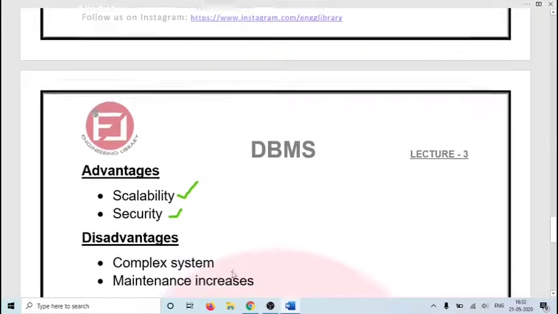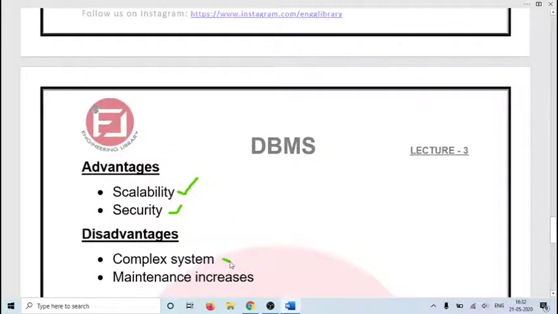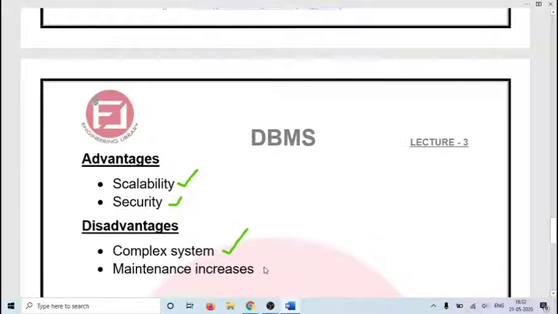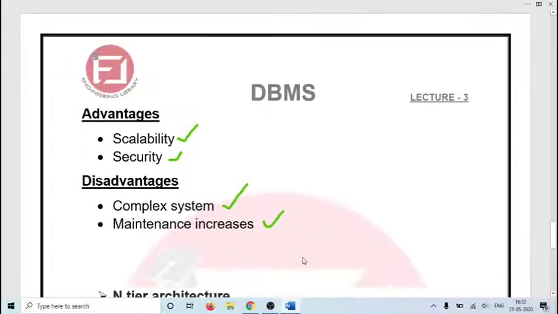The disadvantage is that the system can be complex, as the layers have increased, and the maintenance will also increase. But depending on the number of users we have to provide the service to, we can accept the increased maintenance cost.